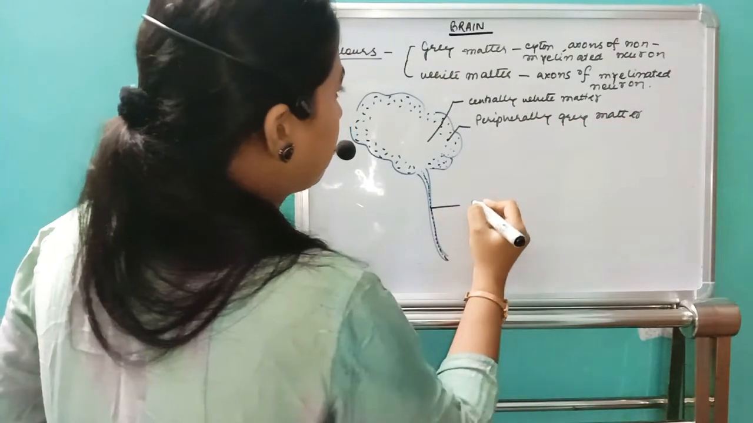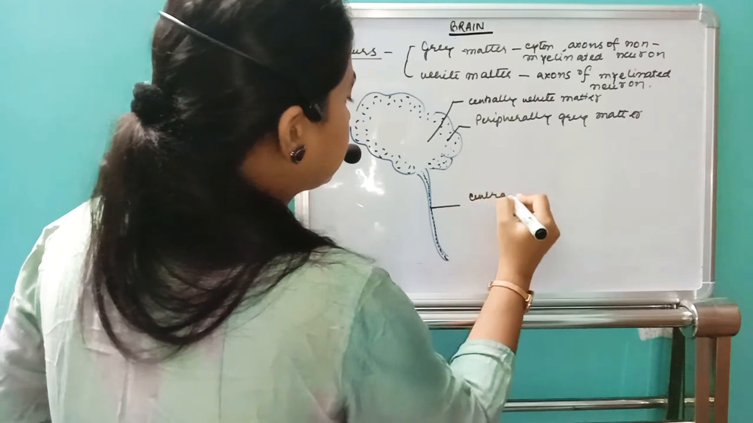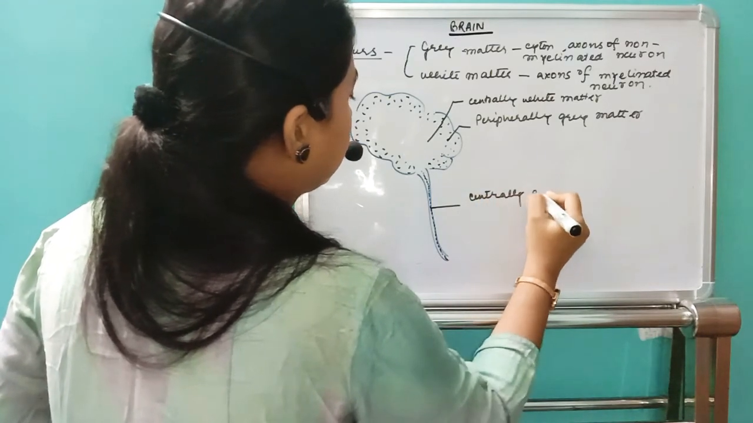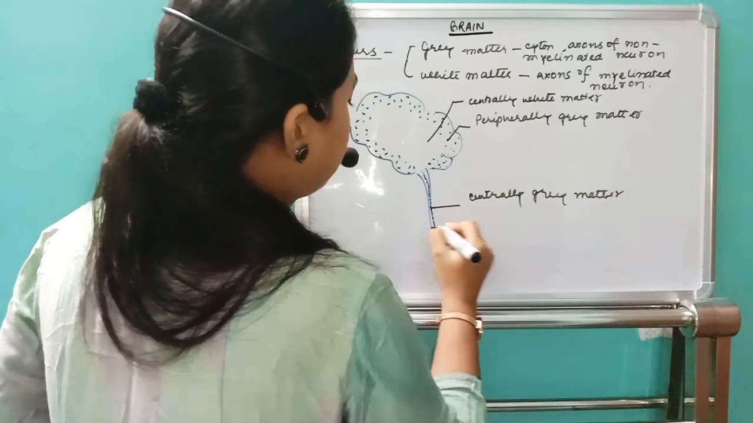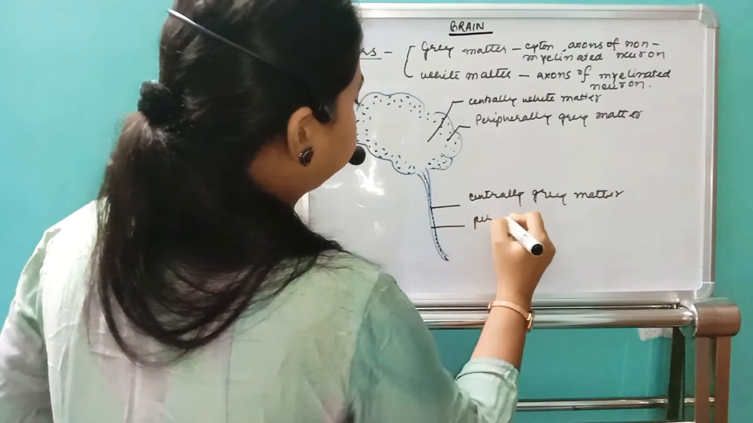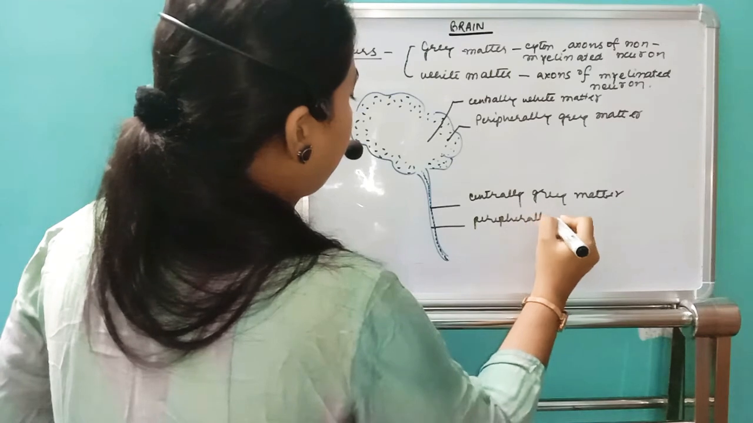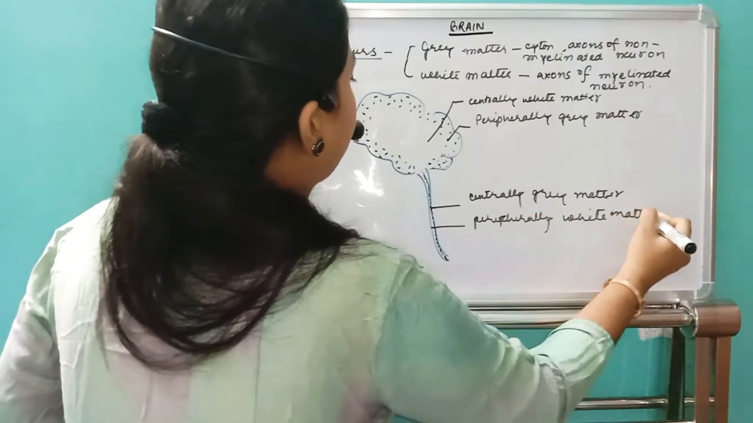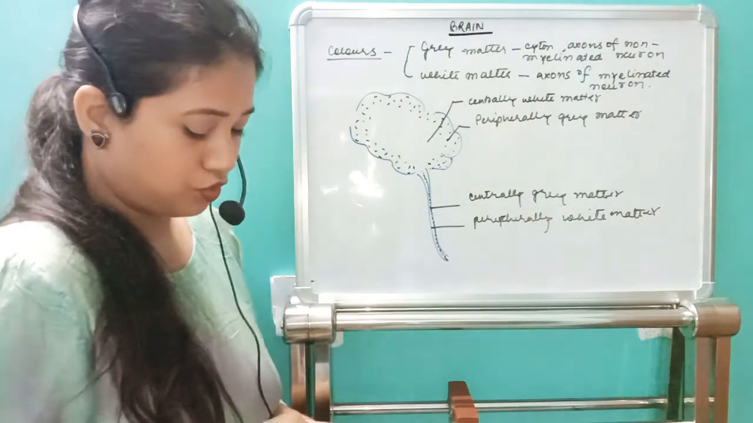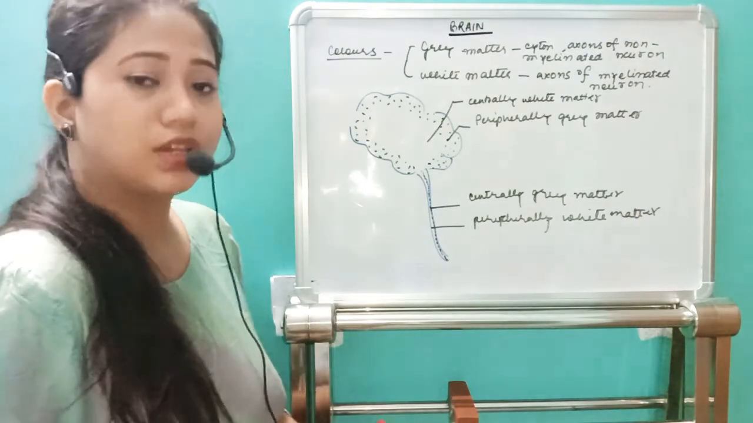And in the spinal cord, what we have, centrally gray matter, and peripherally white matter. Okay. Now, a very interesting point you need to know that in the brain we have one exception,